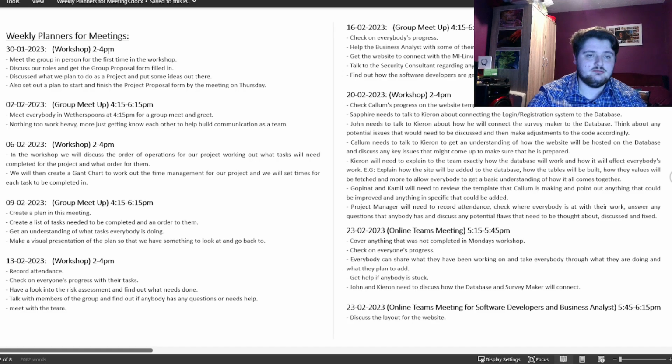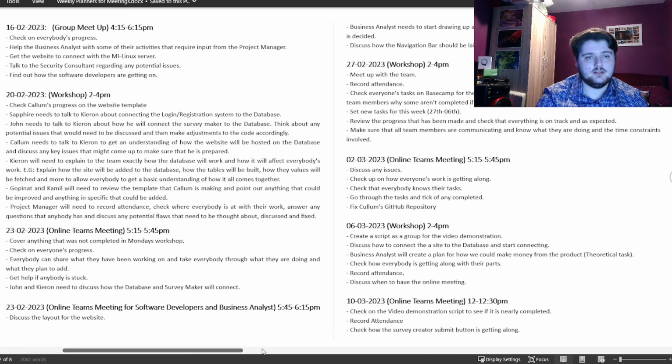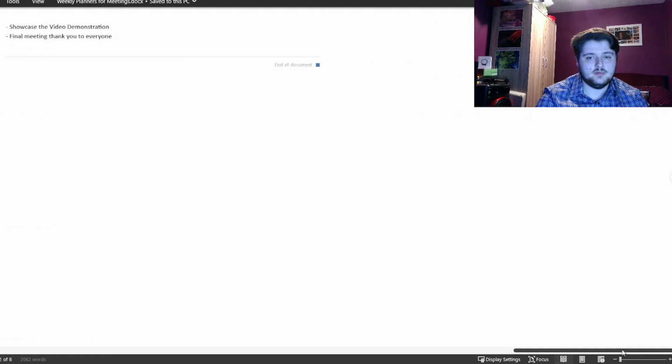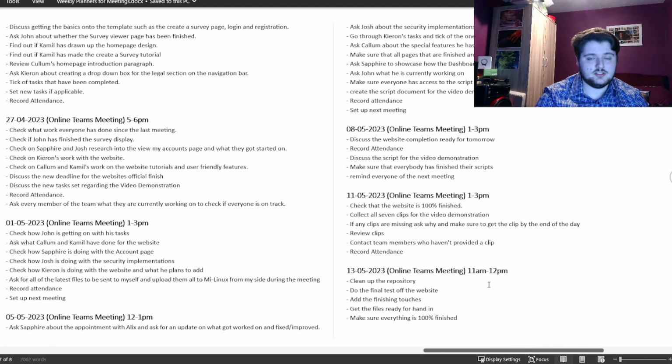As you can see on screen, I started the planner on the 30th of January, which is basically the start of our project. You can see that I list down the times of the meeting, so workshop 2 to 4 PM on a Monday, and then I've noted down all the tasks. I'm just going to quickly go through all of the tasks which have been added, so you can see how much has been added to it over time, and you can see that it literally goes up right up to